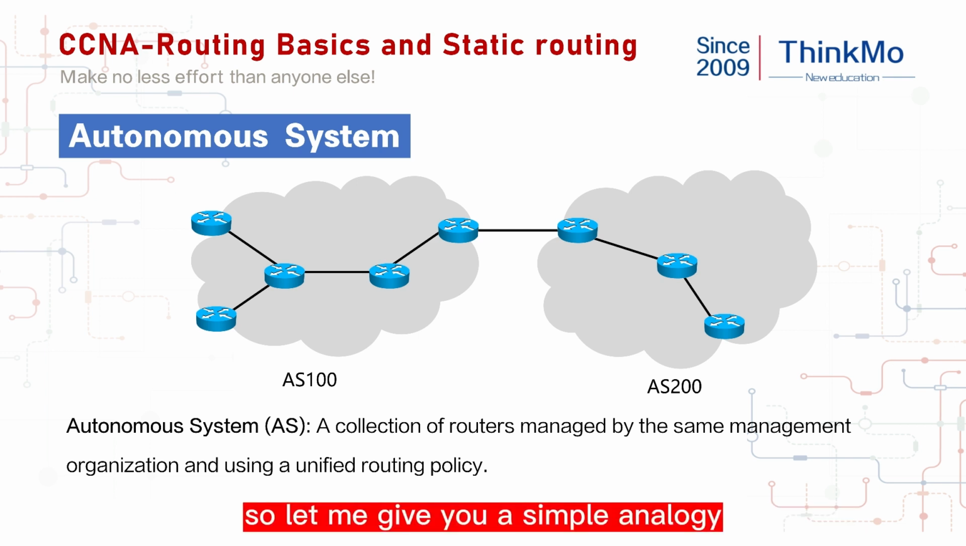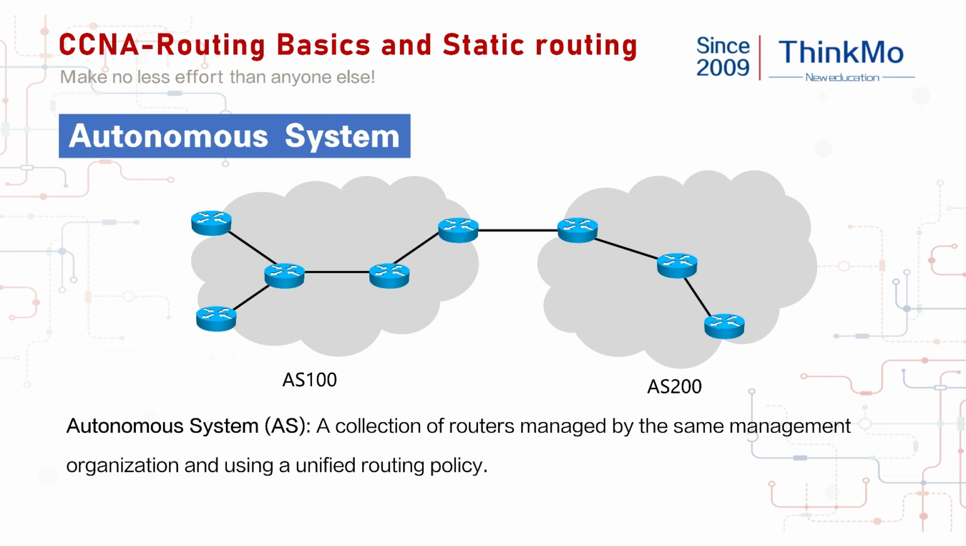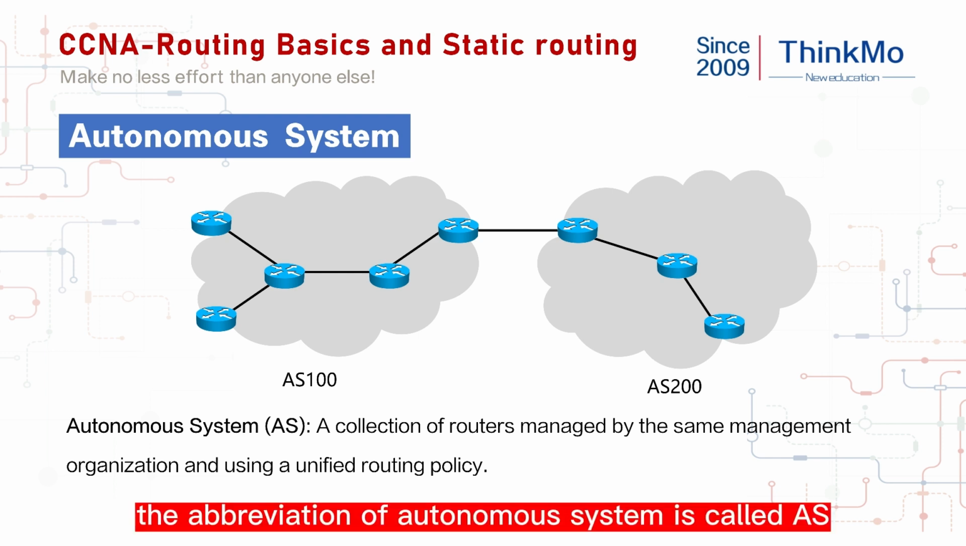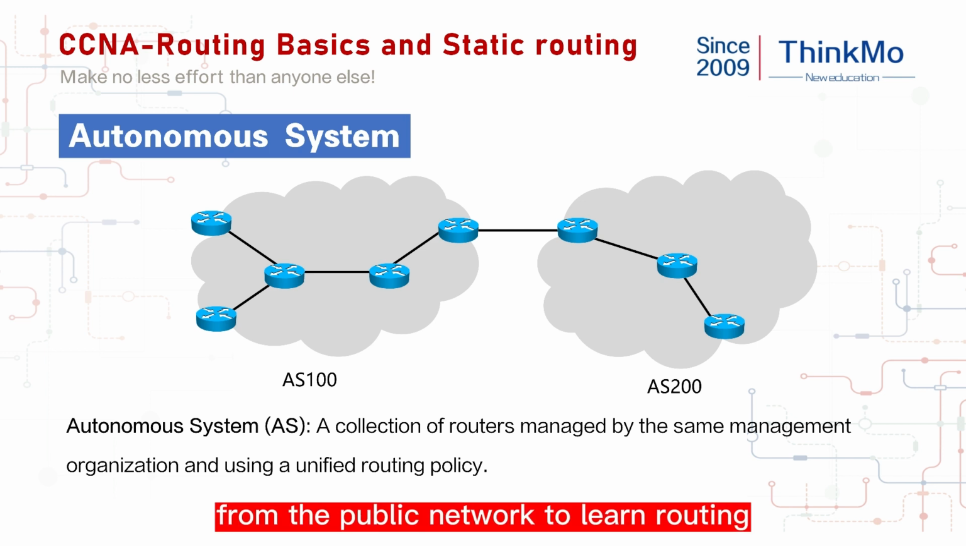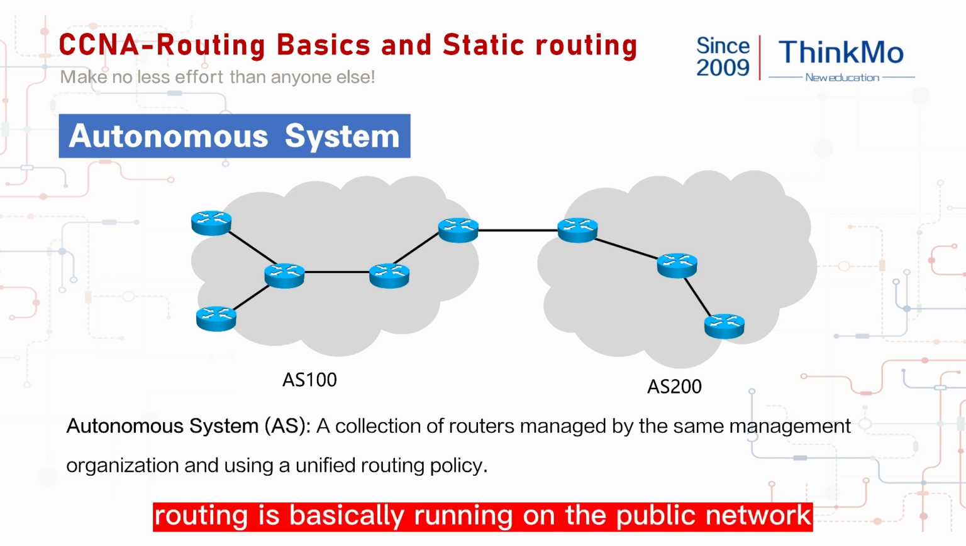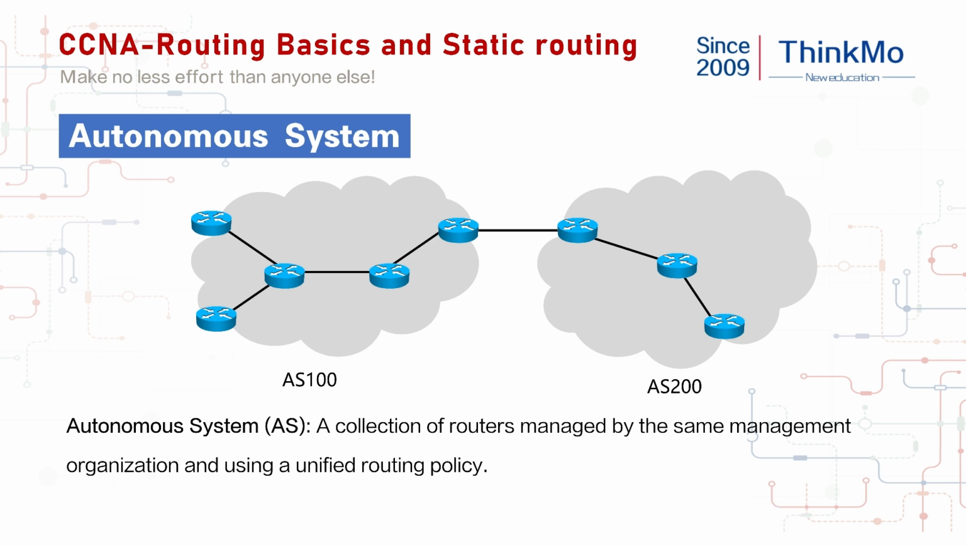So let me give you a simple analogy, to let you first understand this concept simply. The abbreviation of autonomous system is AS. It's a concept on the web. We must not separate from the public network to learn routing, because routing is basically running on the public network. Knowledge exchanged only within the enterprise,